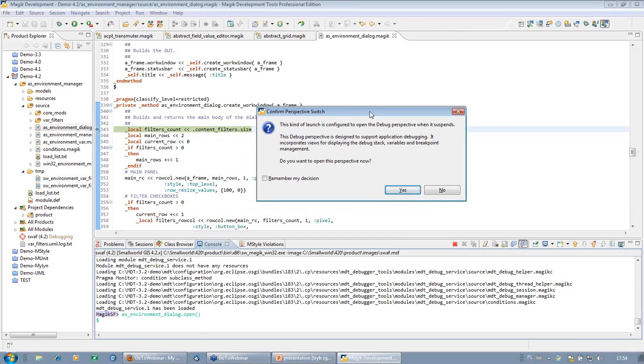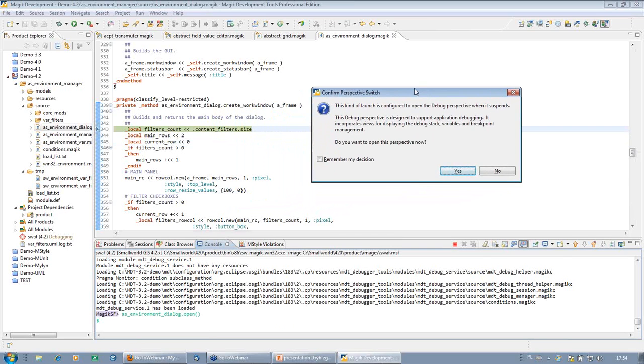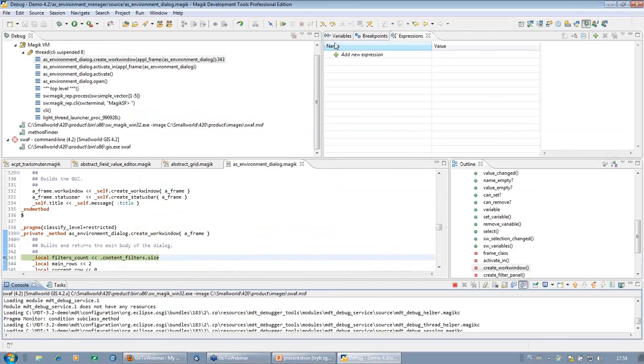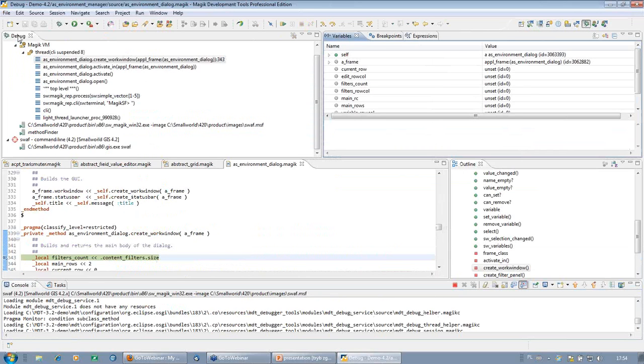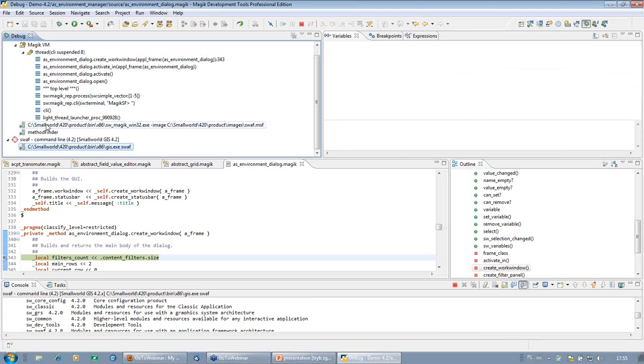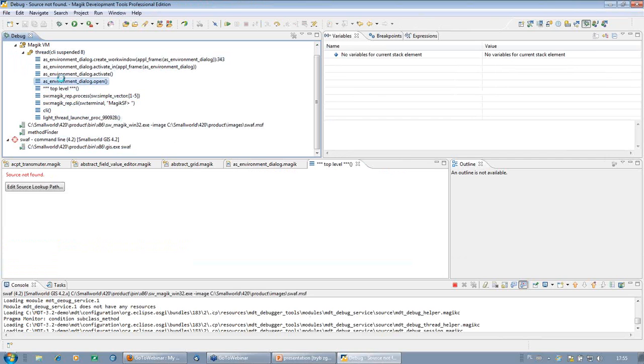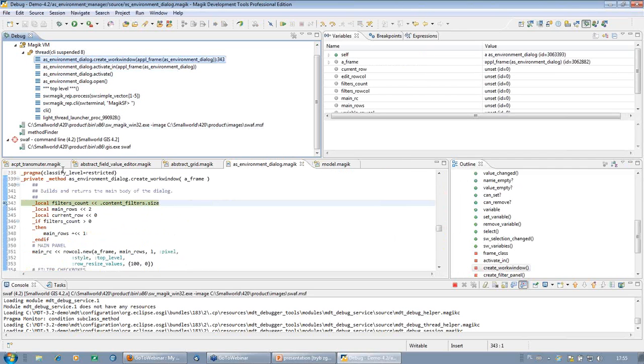We try to run the code in MDT, and a breakpoint occurred, so we can switch to the debug perspective. The debug perspective has some very nice and important views, like the debug view, where we have information about all of the threads that are currently running in our environment. We can see the stack trace of the invocations till the breakpoint, and after selecting the top stack frame, we can see the set of available variables